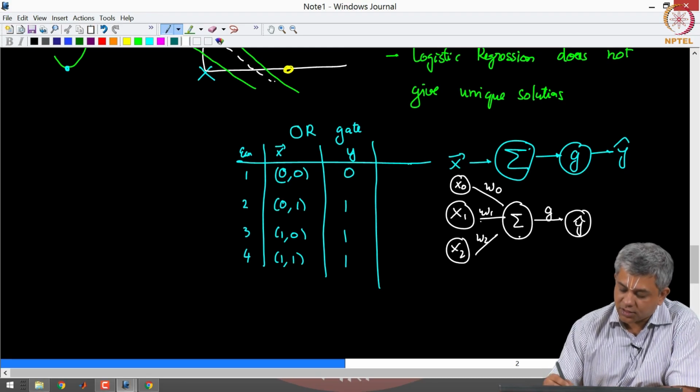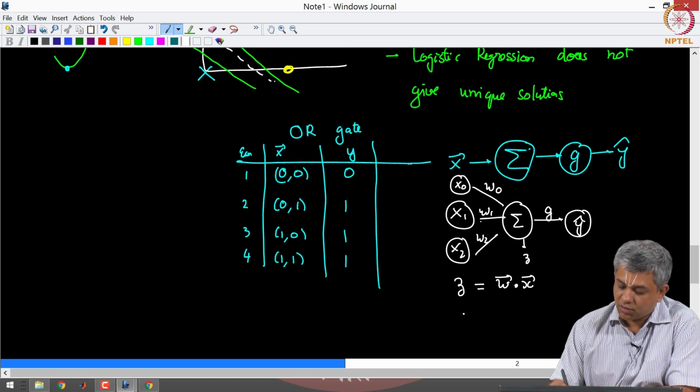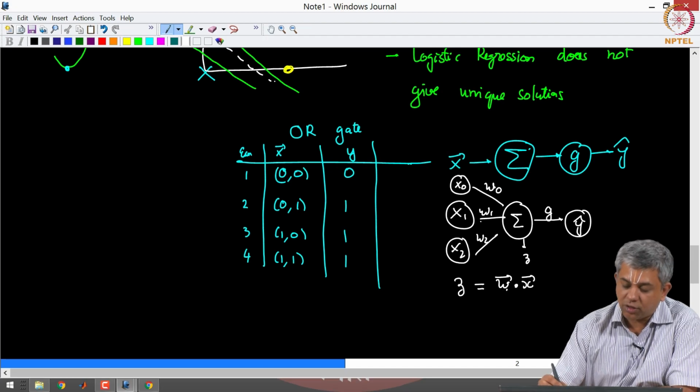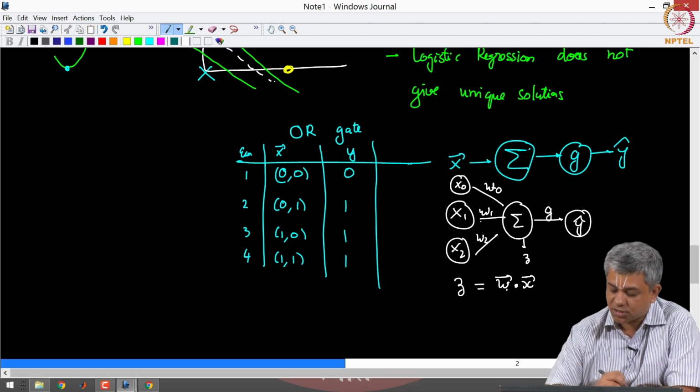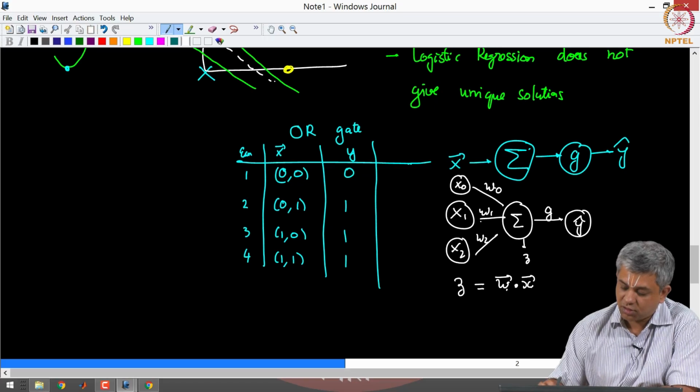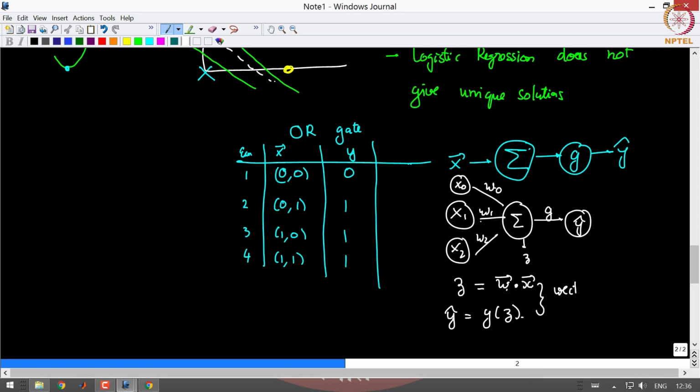You can write this as z, which is the intermediate output of this, z is equal to w dot x. Okay. Remember, this w also includes the w naught, which is the bias term, and x also includes x naught, okay, and y hat is equal to g of z. This would be the vectorized expression,